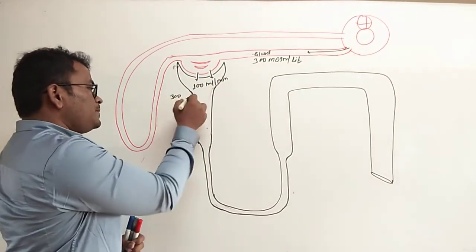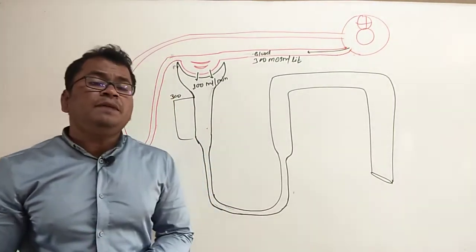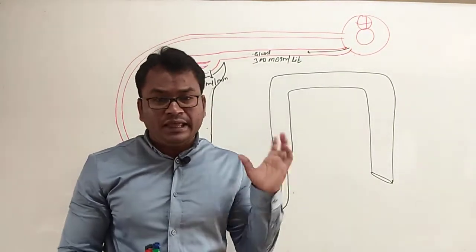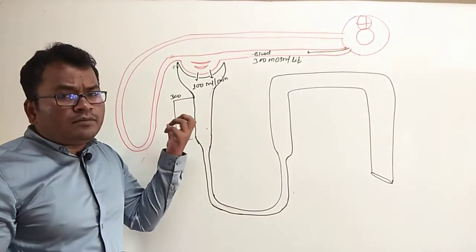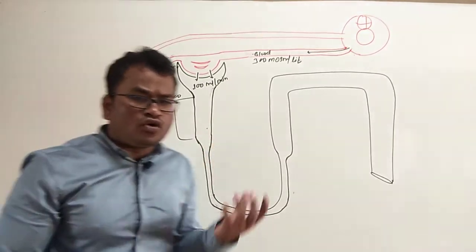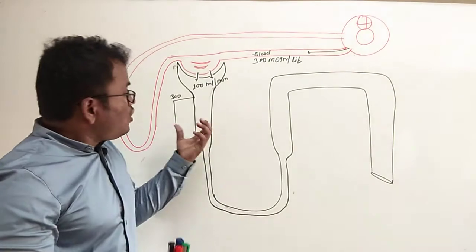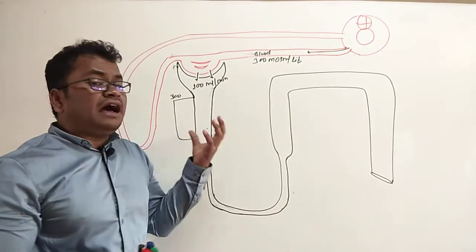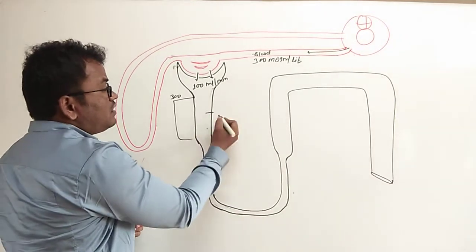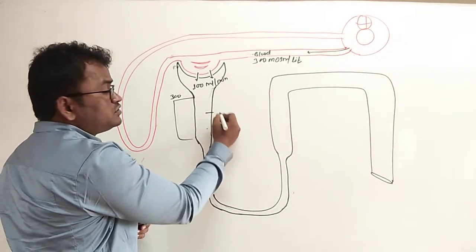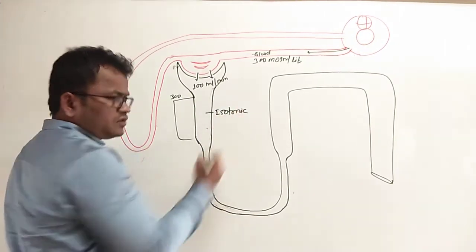From the PCT, reabsorption takes place. 70% of reabsorption takes place in the PCT. In the PCT there is absorption of sodium, potassium, amino acids, glucose, fatty acids, glycerol and water. So all the components present in the filtrate are absorbed, which leads to the filtrate remaining at 300 osmolarity, isotonic. Got it?